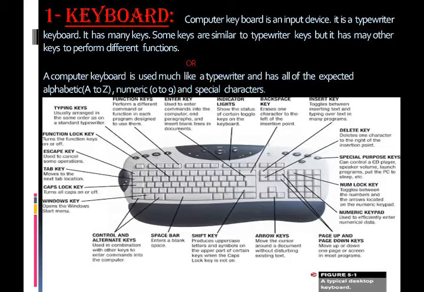It includes the following keys. Number keys from 0 to 9 digits, the 4 basic operations: plus, minus, divide, and multiply. Numlock key that works similar to the caps lock key. Function keys. These keys are usually arranged on the top of the keyboard in a row with numbers marked on them from 1 to 12, F1 to F12. All of these keys have predefined instructions which are different for different software.